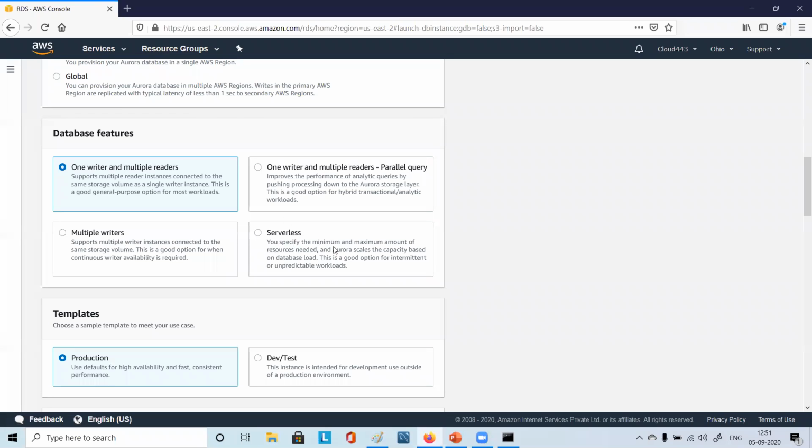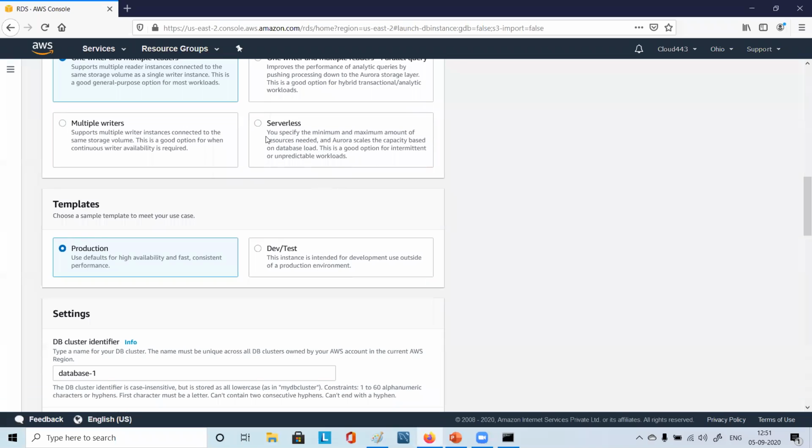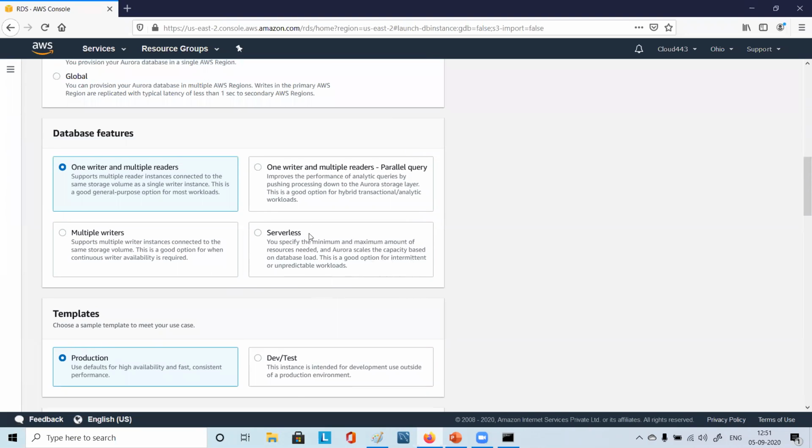I was talking about serverless. Right. So specify minimum and maximum amount of resources. That's it. Aurora scales the capacity based on database load. Whatever is needed, whenever it is needed, as much as it is needed, that much will be done. Now, a good option for intermittent and unpredictable workloads. So this is an awesome option, right?